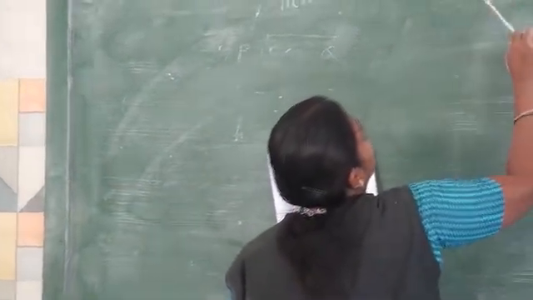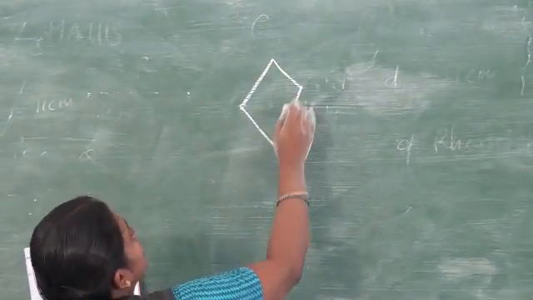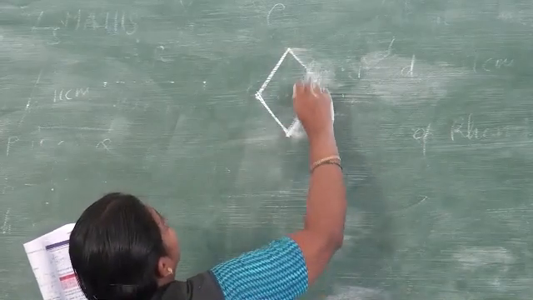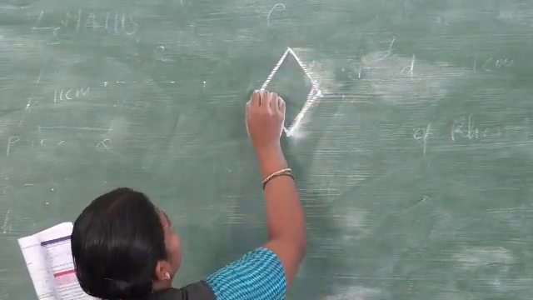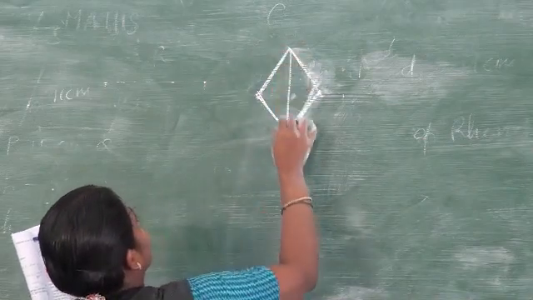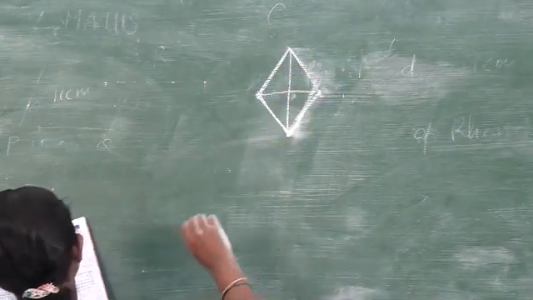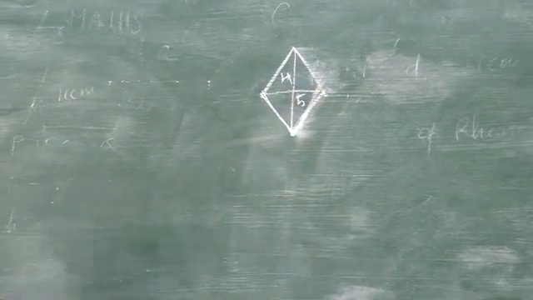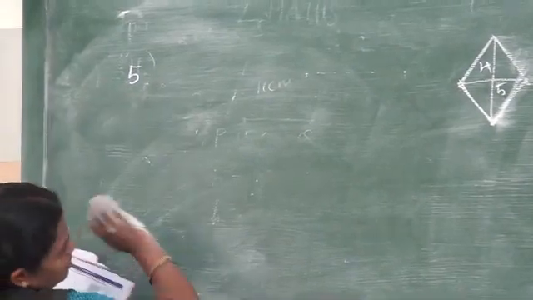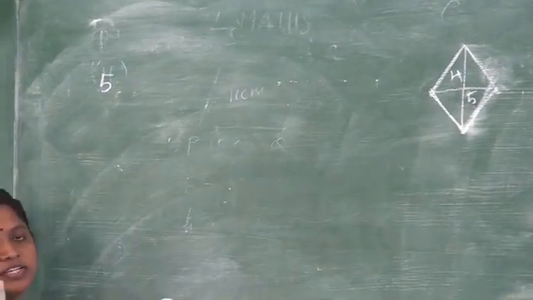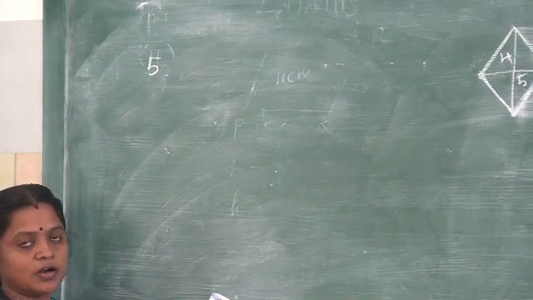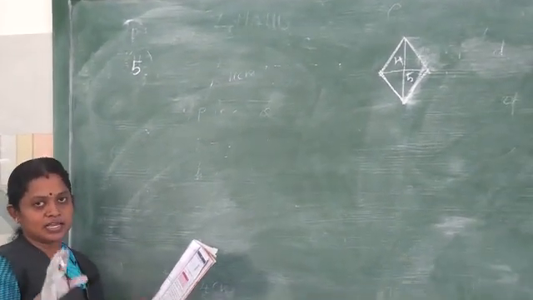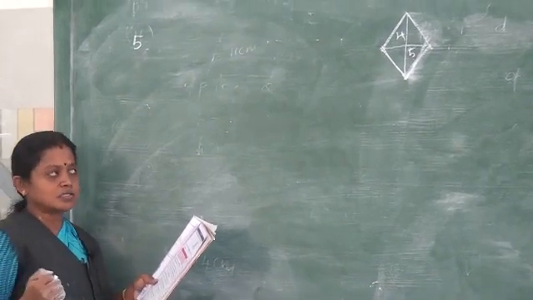So what is the shape of a sweet? Rhombus is given to us and diagonals also is given. You know immediately after looking the shape, what is the sweet here? Maybe burfi. Diagonals is given. What's the diagonal? 4 and 5 centimeter. So first we should find out the one sweet area. First we have to find out the area of one sweet. After that we have to find out 400 sweets area. After that find the cost.